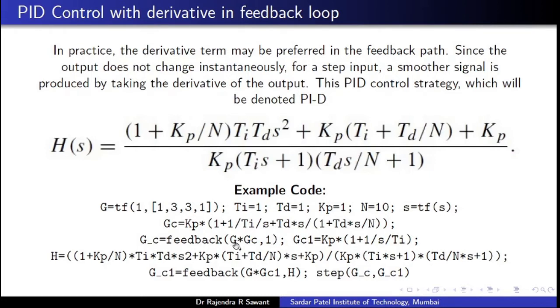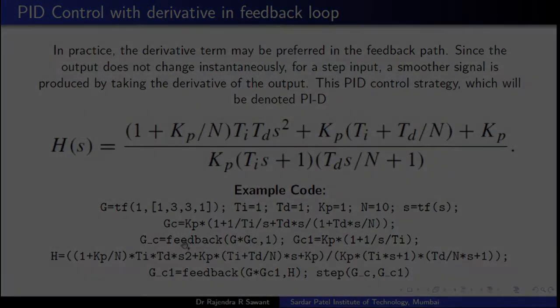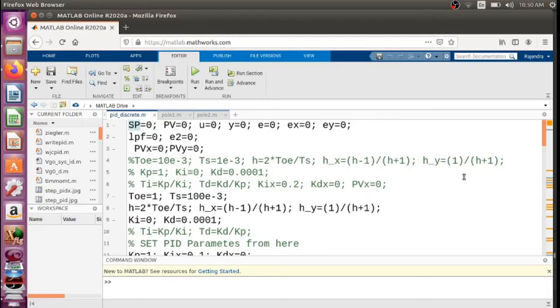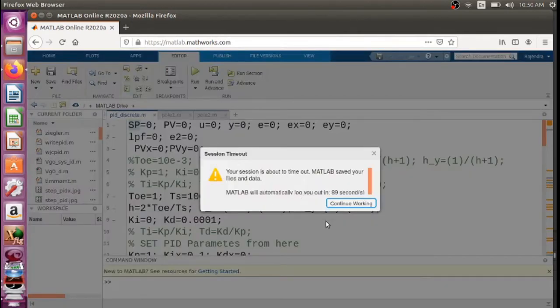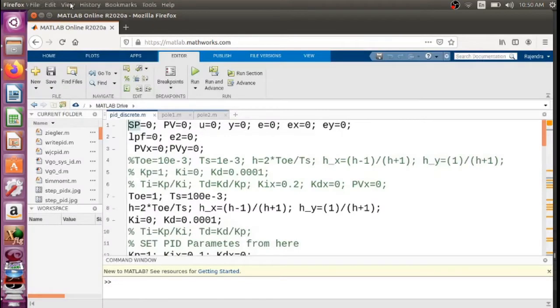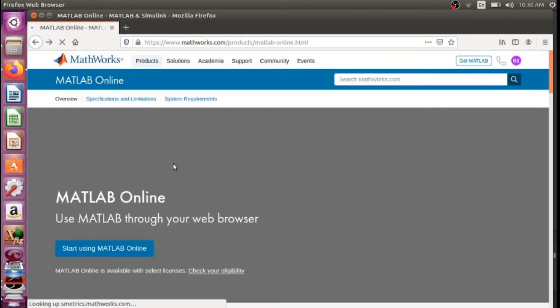Let us understand this concept with the help of MATLAB. We are using online MATLAB, because MATLAB has a utility called online MATLAB. I'll show you how to do this.